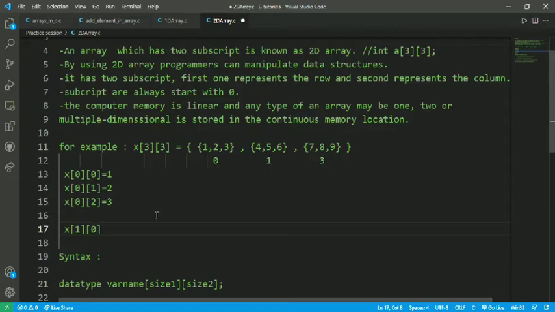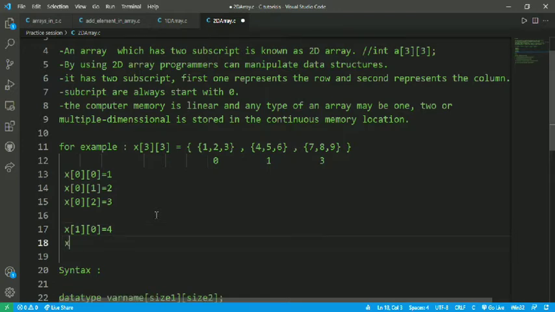That's why it represents the value 4. And the next is x[1][1], row 1 and column 1, which goes to the value 5.